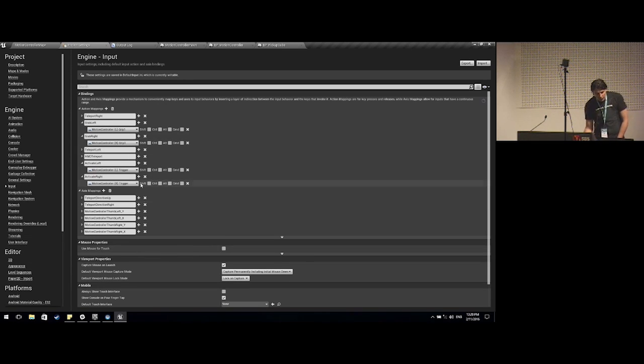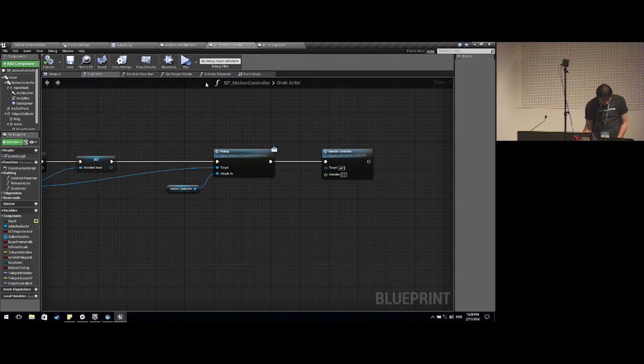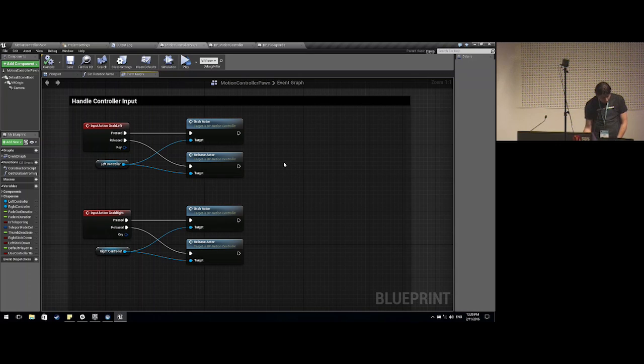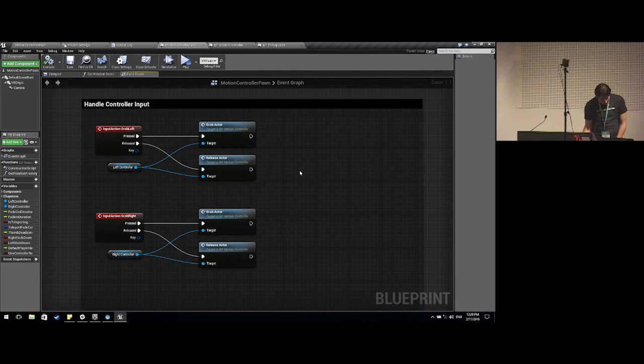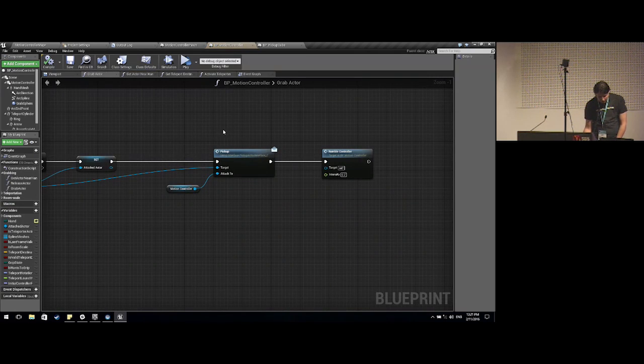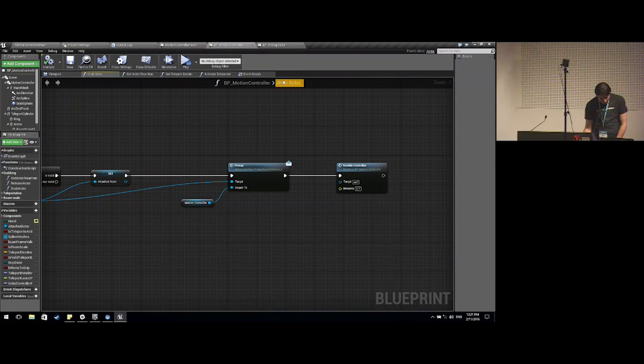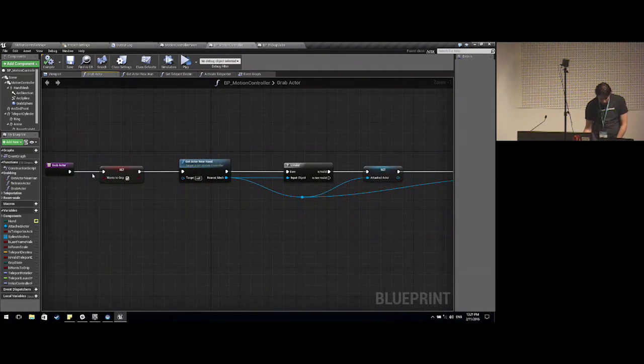Cool. So we've now added two functions here that are just activate left and activate right. What I'm going to do is quickly look at the motion controller pawn. You can see here that essentially how this works is it calls grab actor on the left controller, and it calls release actor on the left controller whenever these are called. If I was to open up that function, you can see that the motion controller itself just runs some quick